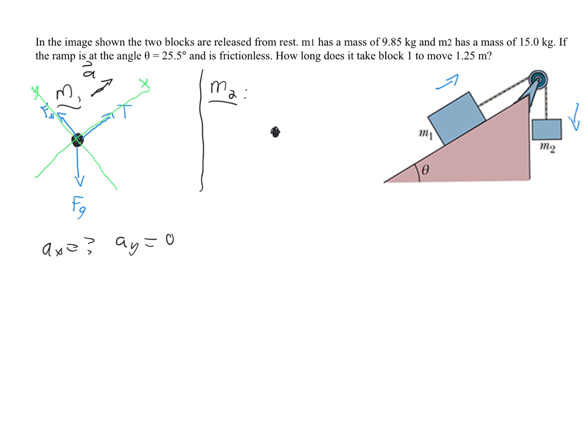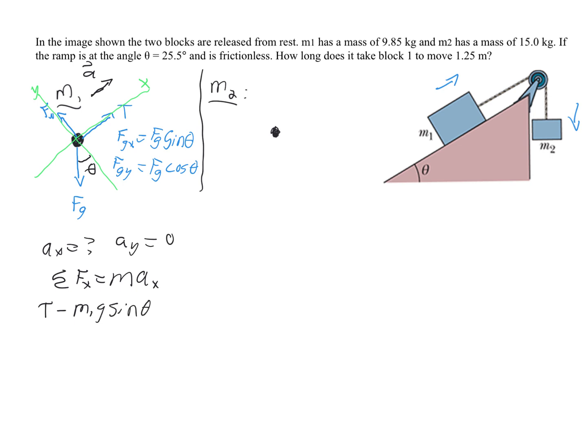So if we go ahead and try to do the sum of the forces equations here, sum of the forces in the x equals mass times a_x, then what I would have is the tension minus the component of weight down the ramp. So if this is my angle theta, then I could observe that the weight force in the x is just going to be weight times the sine of theta, and the weight force in the y is just going to be the weight times the cosine of theta. So I'm going to have T minus m1 g sine theta equals m1 times a_x,